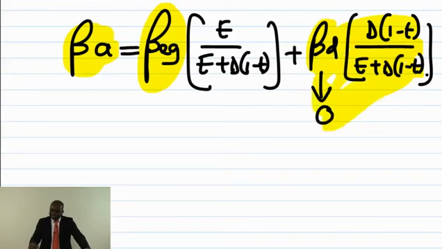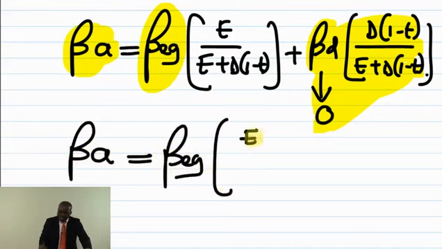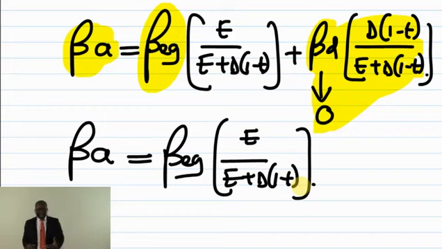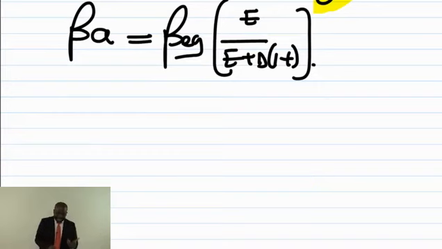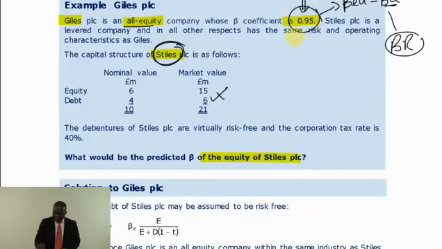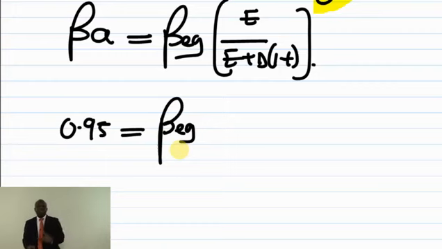So in actual sense, in the exam room, the formula you are more likely to use is the asset beta equals the equity beta geared, times equity over equity plus debt, times 1 minus T. This is what you are more likely to use, because we make the assumption that debt beta is equal to 0 because debt is risk-free. So when I put this formula down, giving me the beta of GALS, which is ungeared, their beta is 0.95. So I will say 0.95 is equal to the geared beta, because I need it for Styles, which is geared.